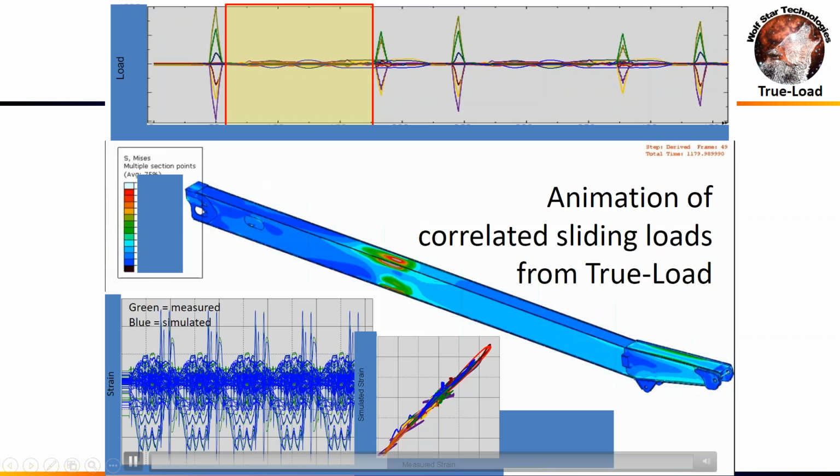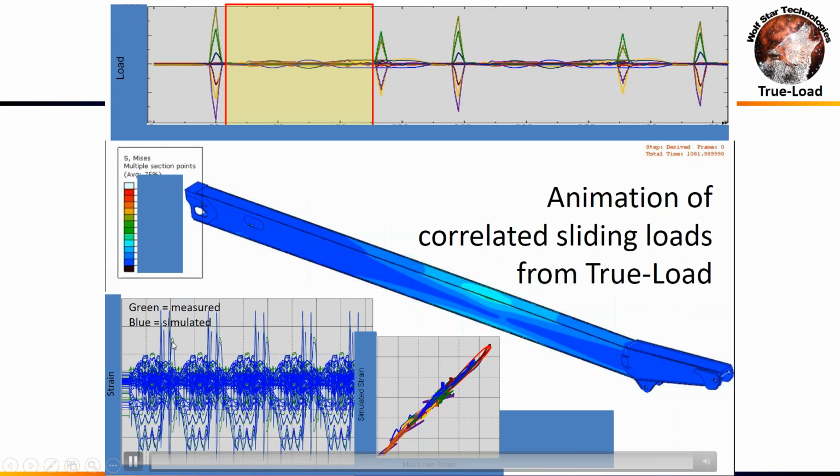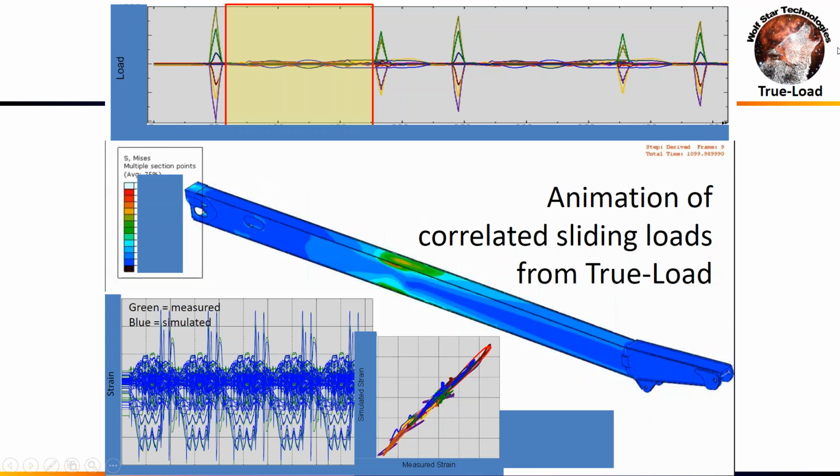So the bottom left plot is my blue and green plot, where green is measured strain, blue is simulated strain, and that looks like a mess. So I did a cross plot right next to it. On the horizontal axis is measured strain, vertical axis is simulated strain, and you can see that we've got pretty close to a 45-degree line. So that's 50-some strain gauges, 90-some odd unit loads, and we're getting excellent correlation. This gave this manufacturer all sorts of insight into what's going on. They were able to create design rules for generating the next generation of booms with this style of crane.